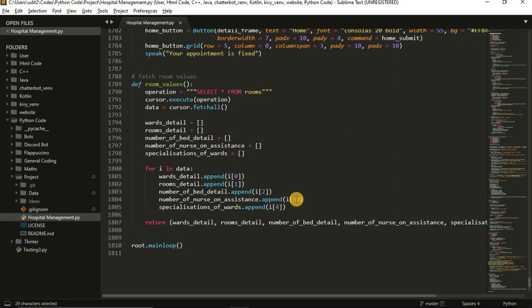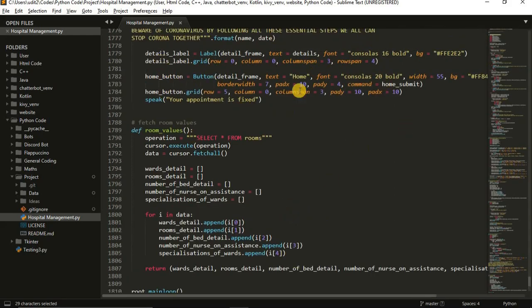In the next video we will talk about the front end and the actual structure of the window and all the designs and all that. So I think this is enough for our video. Let's end this.